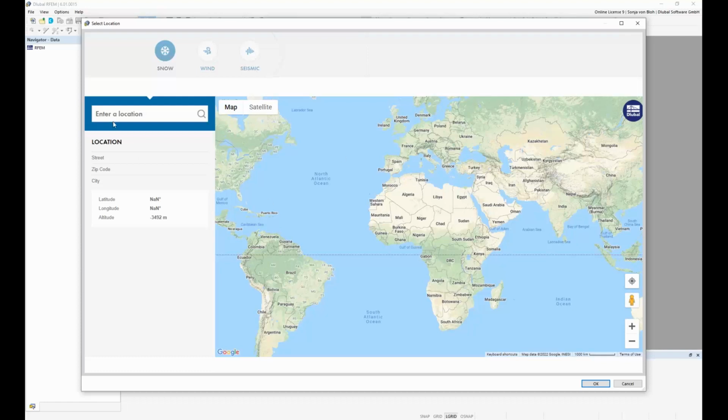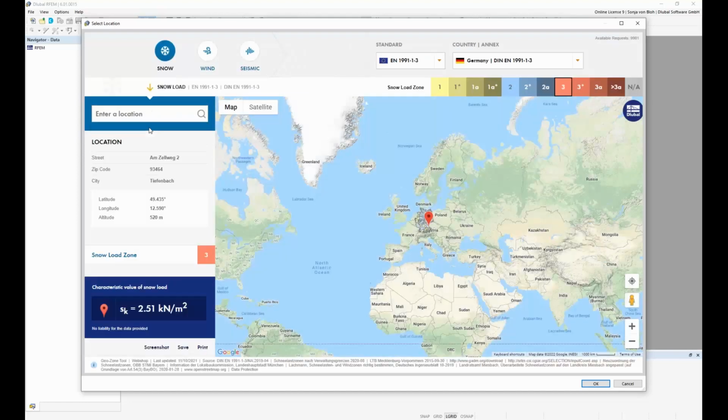And here I have to enter the location. I choose our company headquarters. That's located Zellweg 2 in Tiefenbach. And then I can confirm my